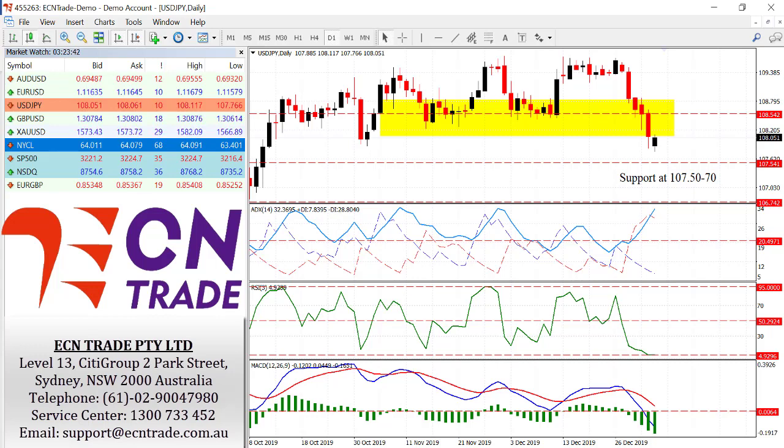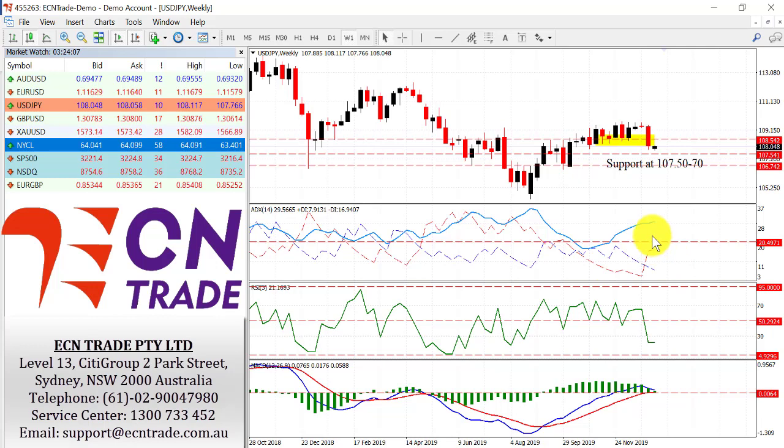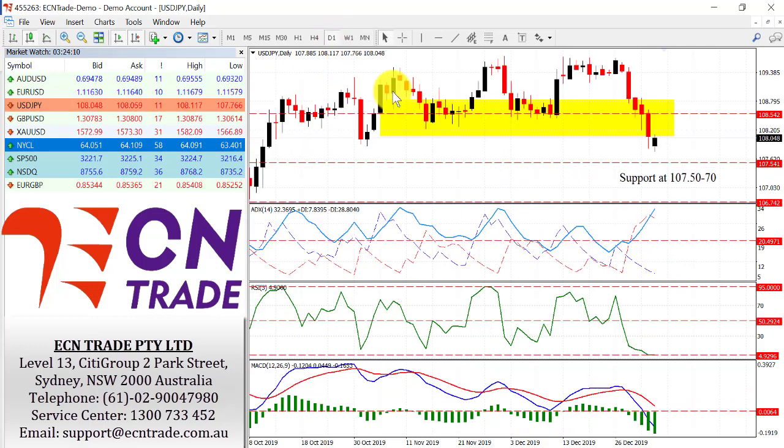we now look towards whether dollar yen has reached its target as profit takers start to come in front of this level of 107.50, after printing a low of 107.76 this morning. I do anticipate that we may see a small impulse up, but towards 108.55 will give us opportunity because I feel the market still has further potential to the downside, where the ADX is trending. Along with that, we look to the weeklies and we can also see a bit of a trend coming through here. So I do believe the market can see a little bit of profit taking and then retest the downside